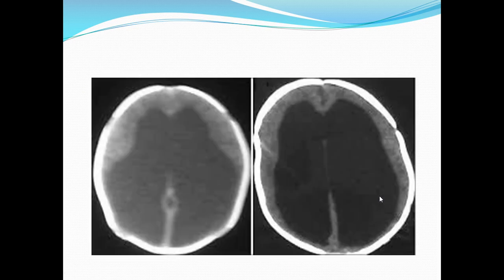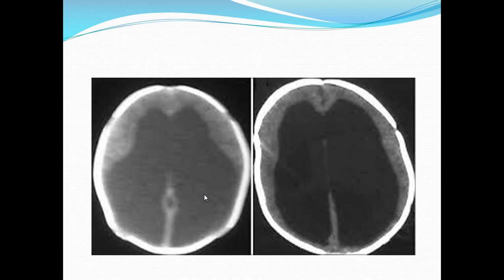Another thing which you see very frequently in the CT scan of the brain is hydrocephalus. As I have already mentioned, the dilatation of the ventricles is hydrocephalus. You can see the lateral ventricle is so much dilated. You can see the frontal horn and the occipital horn. Sometimes all the ventricular system is dilated, like the lateral ventricle, third ventricle, and the fourth ventricle, and in this case, it is called communicating hydrocephalus.